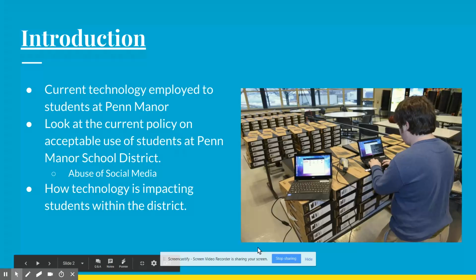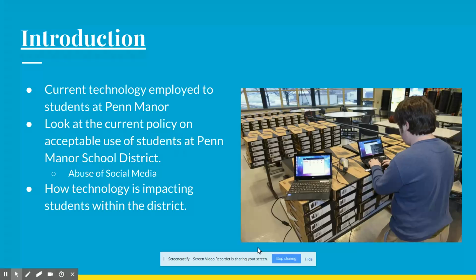Now, as I begin this presentation, one thing that I wanted to do is point out a few things. One of the first things is looking at the current technology that is employed here at Penn Manor. What technology is available to our kids.